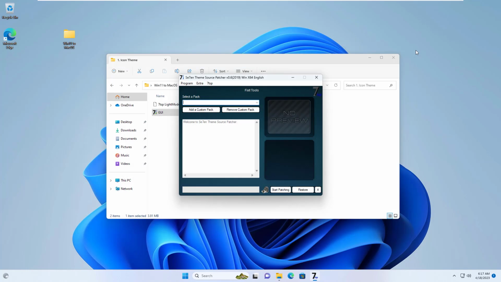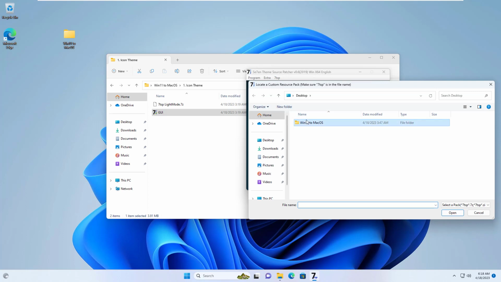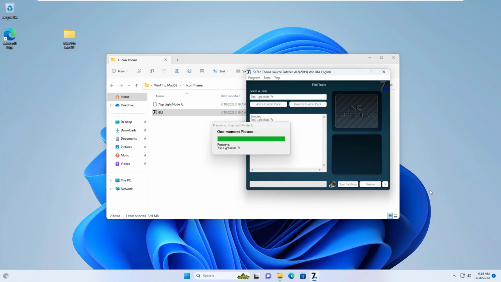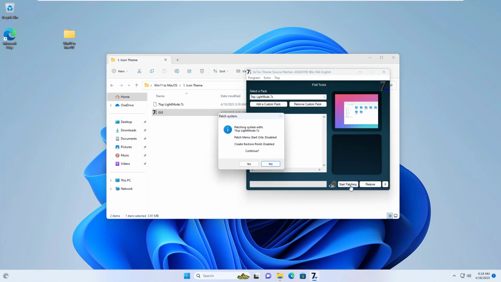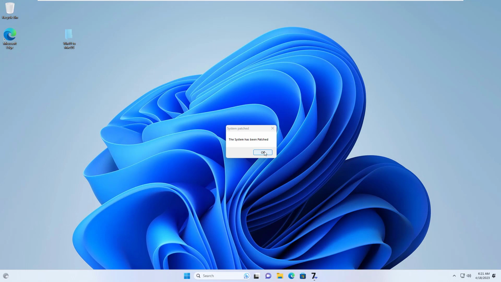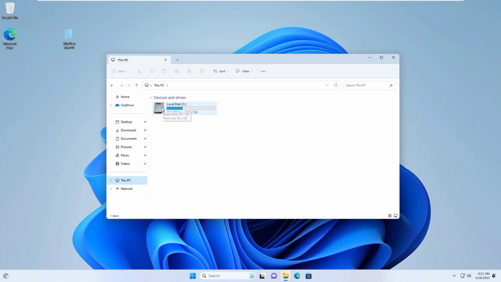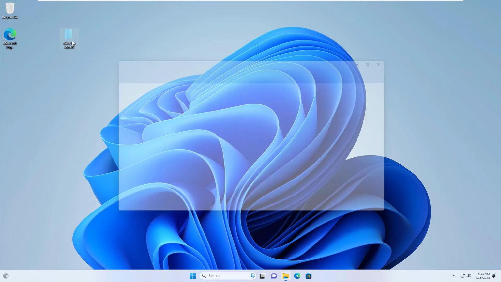Step 1. I changed the icons on Windows 11 such as folders, drives. Here I set the brightness mode. You will be asked to restart your computer for the changes to take effect. After reboot you will see the icons have changed a lot. The most noticeable is that the drive icon and the folder icon have been changed.